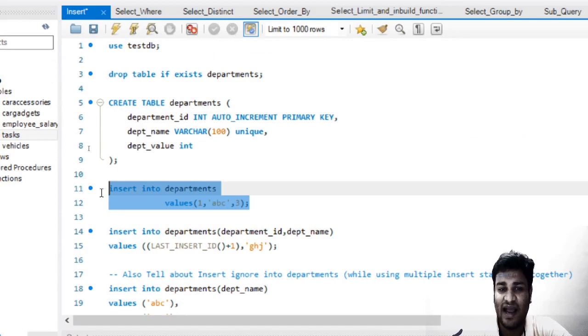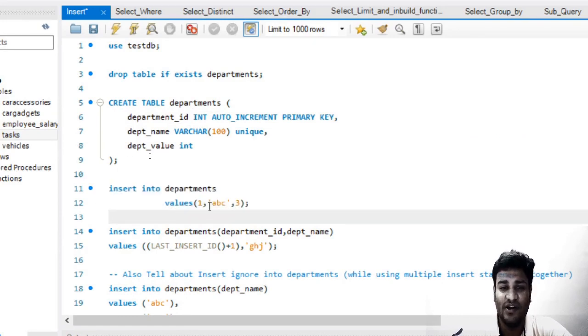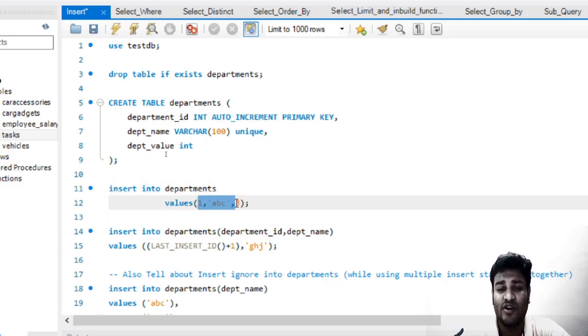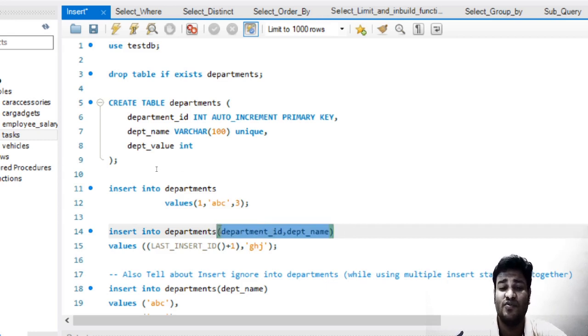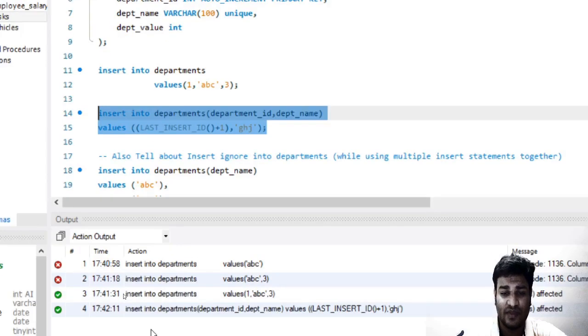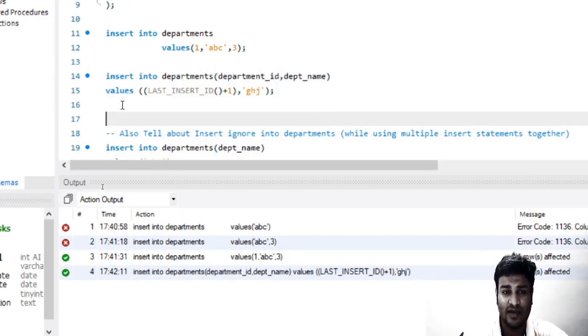This is something I did not realize before, but while doing it, you can realize it. One thing is for sure, if you do not use the parenthesis over here, then you will have to give the values of all the columns. But there might be a scenario where your table has 30 columns, 50 columns, and you cannot give all the columns, right? This is why MySQL and Microsoft SQL give you the feasibility of using this parenthesis. Here you can choose whatever column values you need to give. For example, if I need to give just department ID and department name, I can go ahead and run this query. So this will be okay. You can see over here that this has been completed successfully.